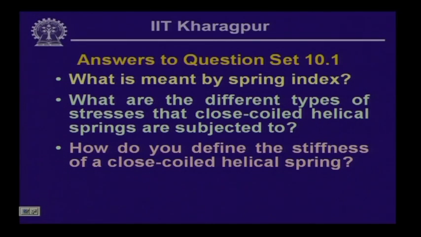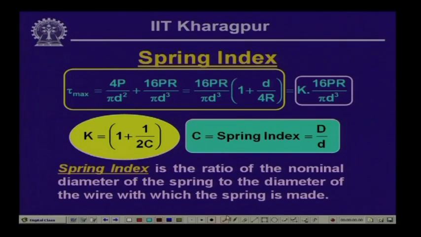The first question was, what is meant by spring index? Now, if you remember, while discussing the closed coil helical springs, we had discussed how the stresses are induced, and we had seen that primarily the stresses which act on the springs are the direct shear stress and the twisting moment, and both the forces induce shearing stress in the member. The direct shear force induces shear stress, and the twisting moment also induces shear stress, and thereby we get the total shear stress which we have designated as tau max, which equals